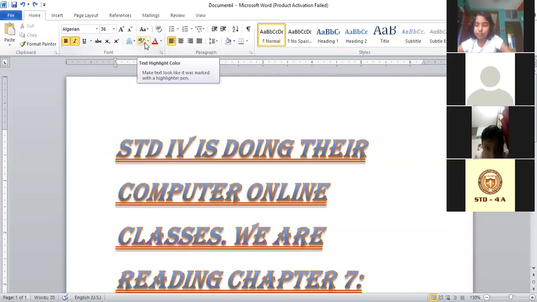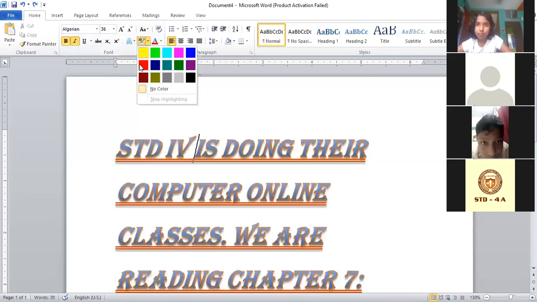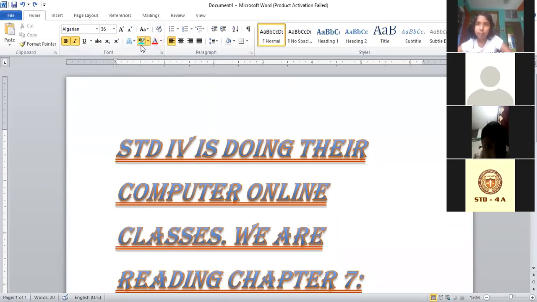Okay, I'll click on the drop-down list. What is the drop-down list? This arrow button. See, there are many colors. There are yellow, green, blue, pink, dark blue, red, and so on. So we are going to highlight our text with, say, sea green color, that is this one. After I select, see my arrow sign, the cursor sign has changed to a pen sign.